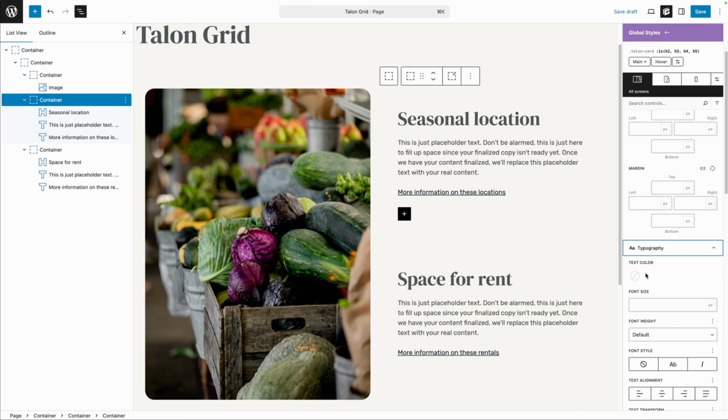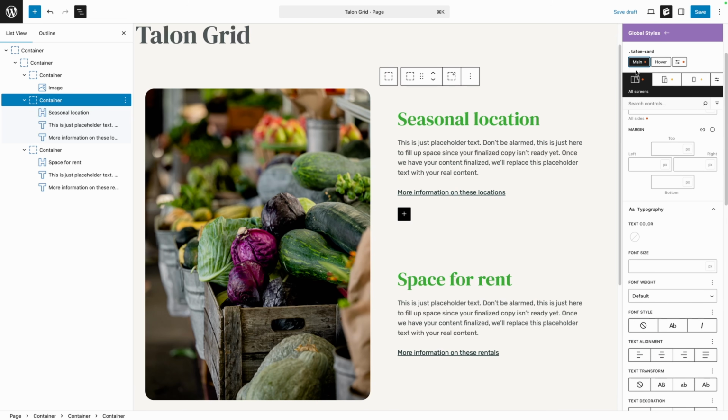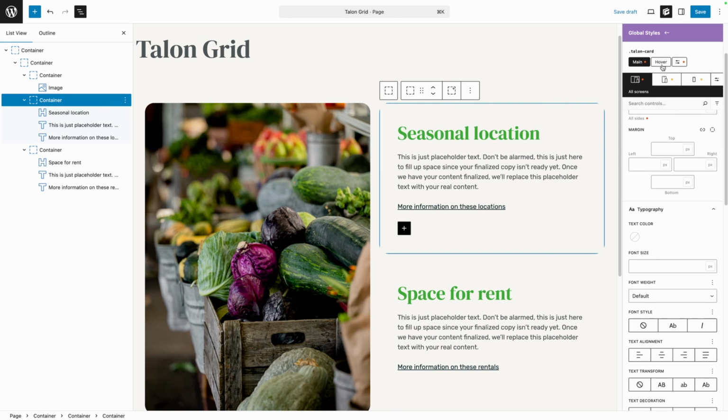So I need to go into the typography, into the text color, and I'll go ahead and paste in this color here, which we can see takes effect right away on both cards since they share this class. We'll jump back out into our main selector, and one thing I notice is these aren't perfectly centered inside their container. Both of these need to be centered both horizontally and vertically, so we can take care of that on